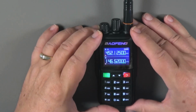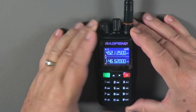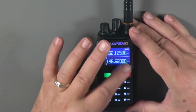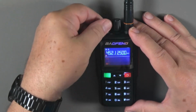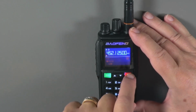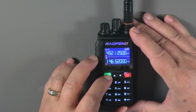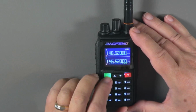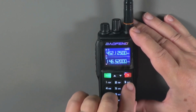The circle C means there's a CT/CSS code assigned to this frequency. You see the word main up there means that's what the press to talk is going to trigger when you push it. And then, as I mentioned before, these buttons do double duty. The menu button here goes into menu, and you can go up and down, and then exit the menu here. And then a long press on menu. Frequency mode. Change that main to frequency mode. Another long press. Channel mode. Changes it to channel mode. A long press on the exit